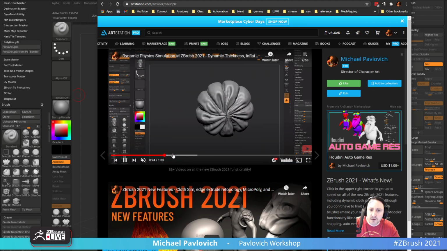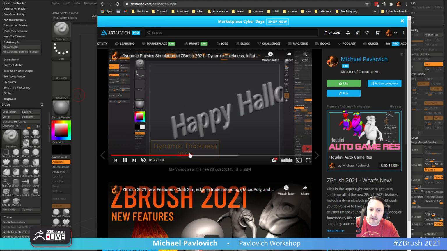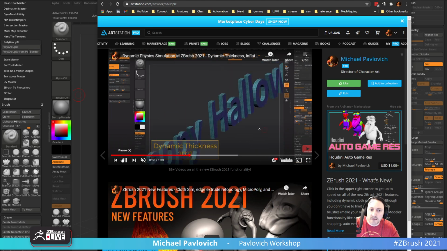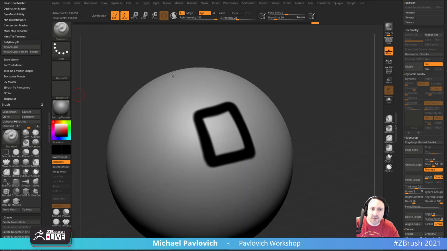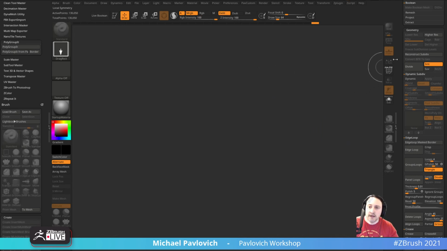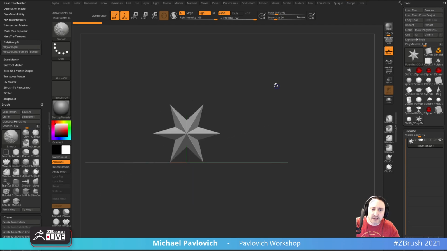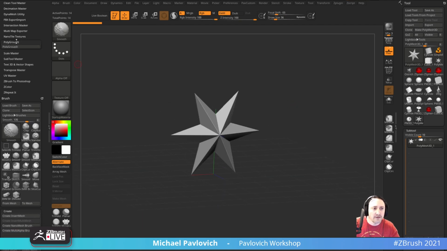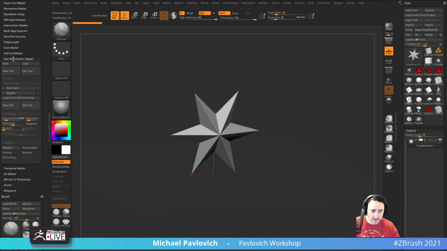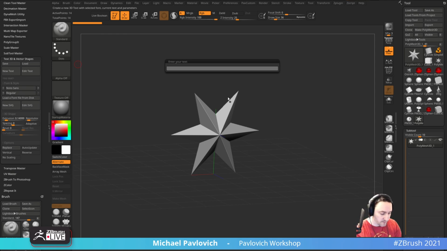So I went through and made some text, and this is using the dynamics. One thing I would say for text specifically is keep it simple, because you can always add geometry later. And if you've never used text, you can actually convert SVG files in here too, which is cool. But let's say we want to do a new text, and we want to say,